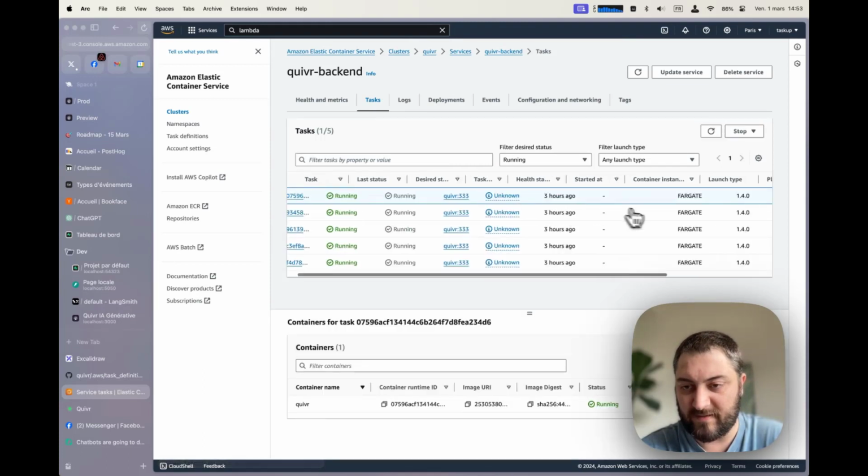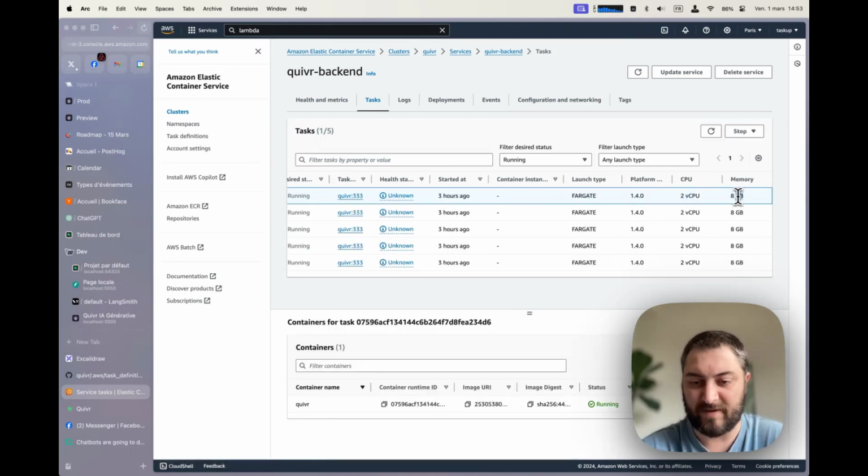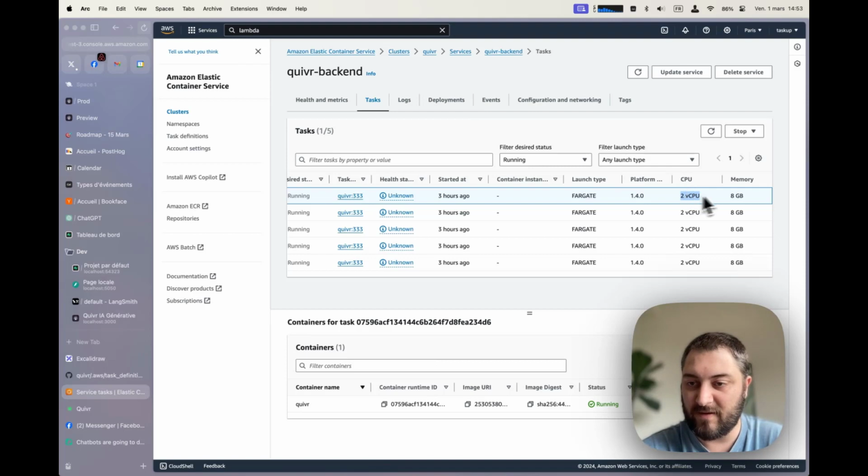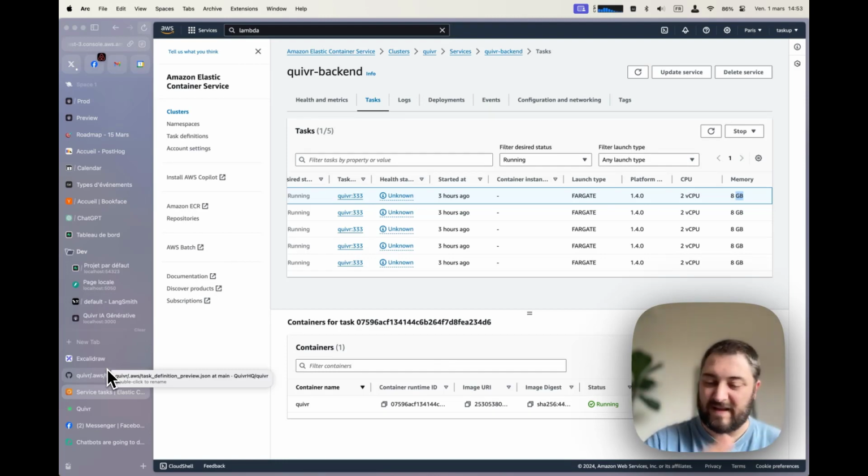So for example, here it's 2 vCPUs and 8 gigabytes of RAM, for 2 reasons. Our Docker image is huge, and we wanted to be able to scale down and up very quickly. But the second thing is, because we use FastAPI and workers, and we are very CPU and RAM bound, we need big computers. So yeah, try to put the chat alone. You don't want the chat in your code.